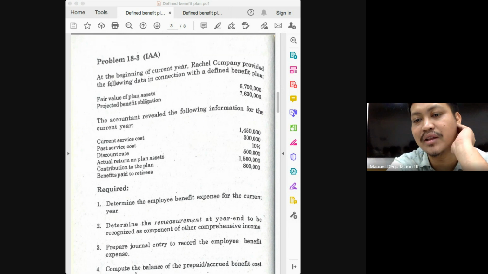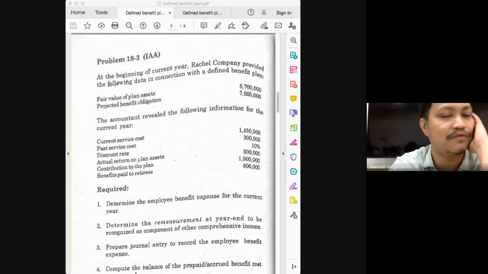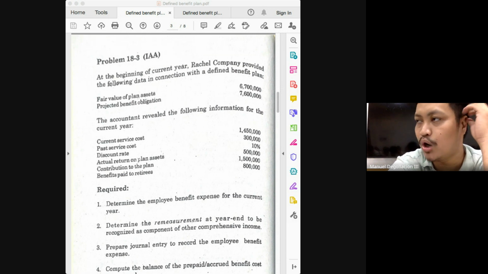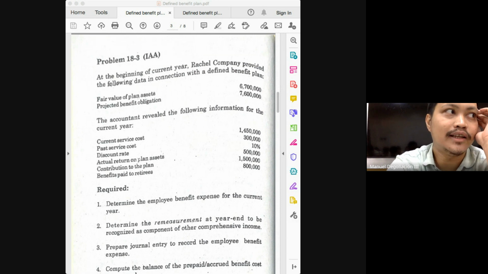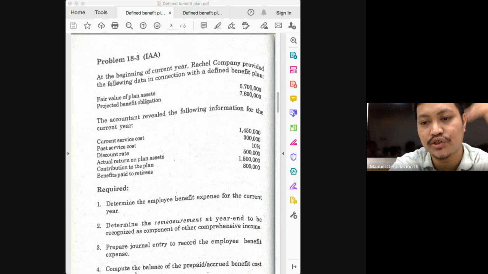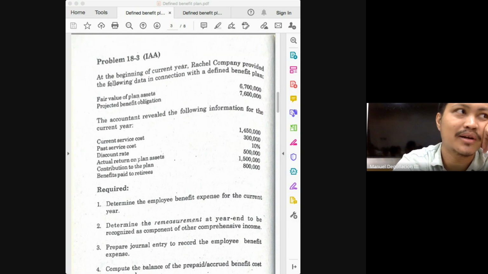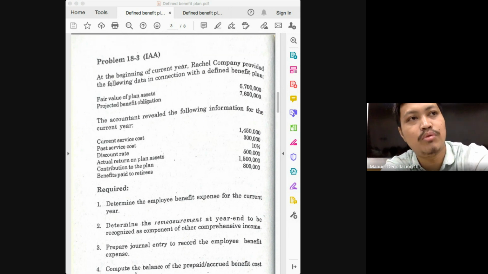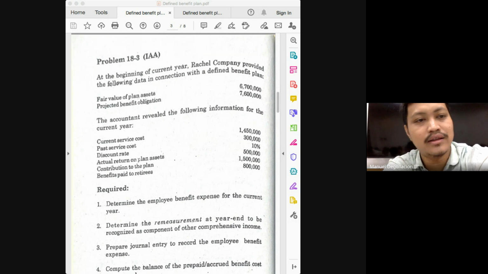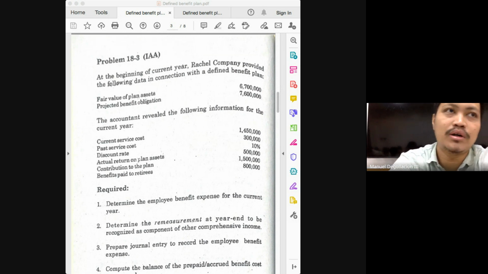What do we do with the 170? If we're trying to solve for total defined benefit cost, do we add or deduct this from 1,840,000? This time it will be added because they are the same nature. They are both costs. Why did we deduct it in the previous problem? The remeasurement there was a gain. Here, this is a loss. So this would be an added cost on our part. So if you are asked how much is your total defined benefit cost, it would be 1,840 plus 170, and that is how much? 2,010,000.